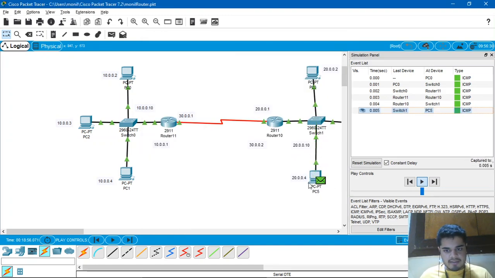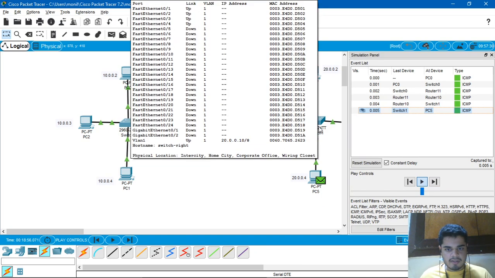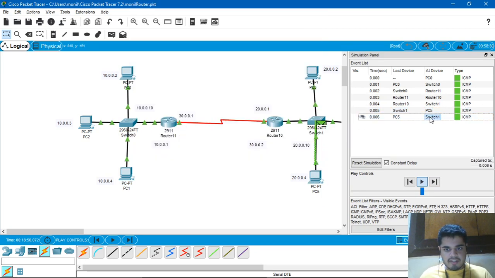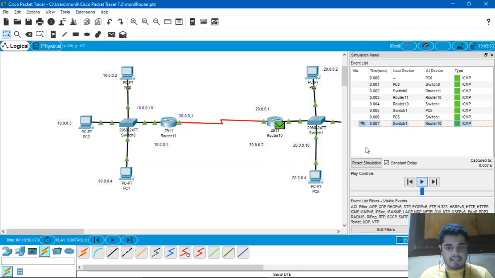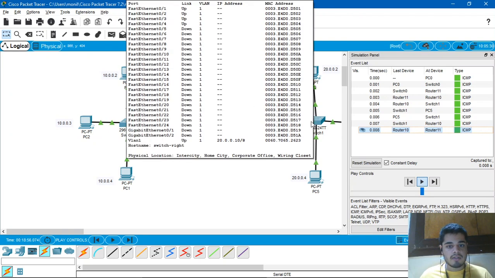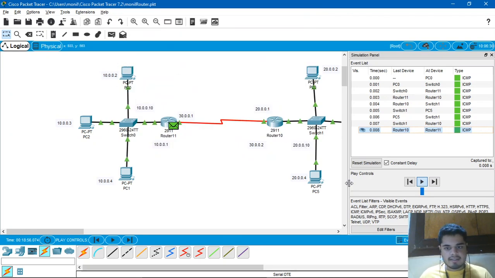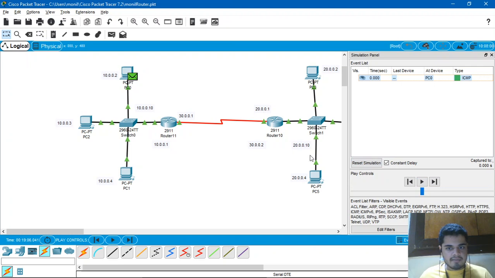Once the packet reaches this PC, it will send a reply back to this switch. Now if we check, the inbound details will be different. The source address is 20.0.0.4, the destination address is 10.0.0.2. Hence we can see that when the packet is being transferred from this PC to this PC, the switches will have inbound source address as this and destination address as this. But when the reply is being sent from here to here, every switch on the network will have source address as 20.0.0.4 and destination address as